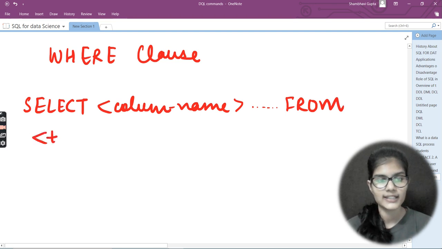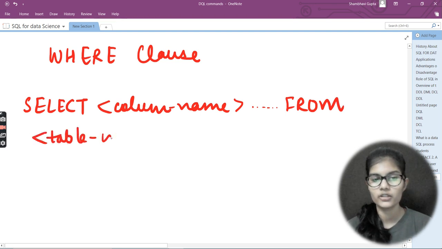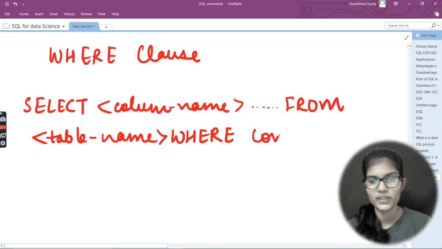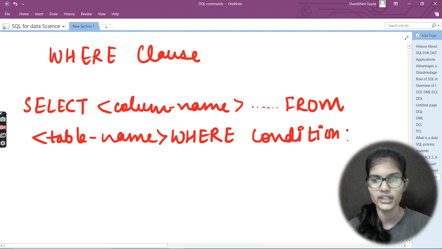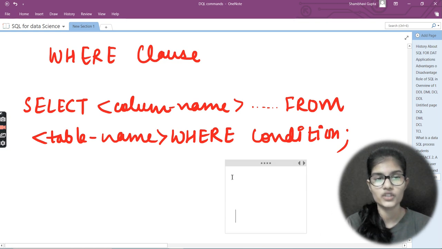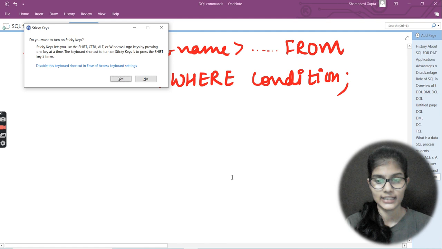Into the FROM, I write the table name, the table these columns belong to. And after that, we put the WHERE clause, and here comes your respective condition. So this is the whole syntax we follow for using the WHERE clause with the SELECT statement.